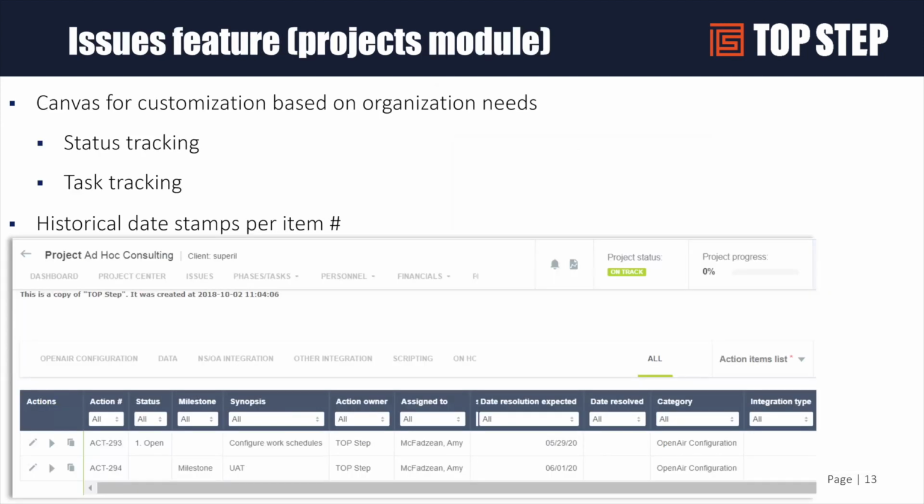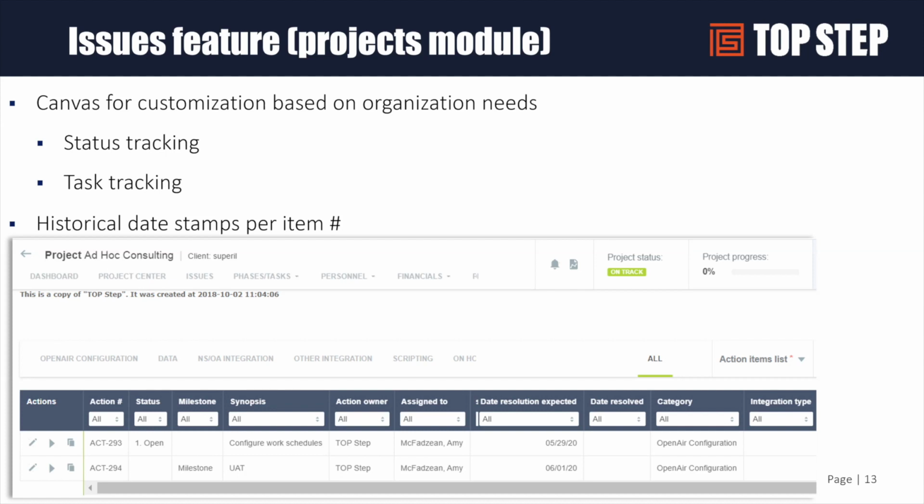So the issues feature. Many of you are probably aware that there is a related table called issues out of the box within OpenAir. Very rarely does it actually get used as an issue table. Generally, when you're tracking an issue, you need that issue log to be more customer collaborative than what OpenAir allows you to do. So many times we end up taking that news feed and using it for other purposes. A couple of other ways we've seen this, and you can rename the issues log table rather,